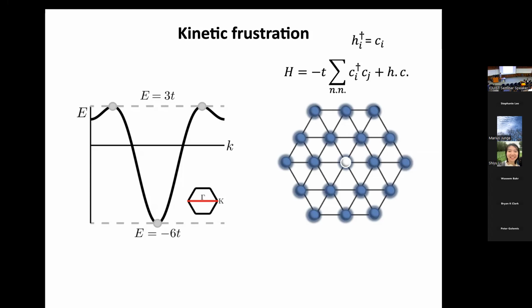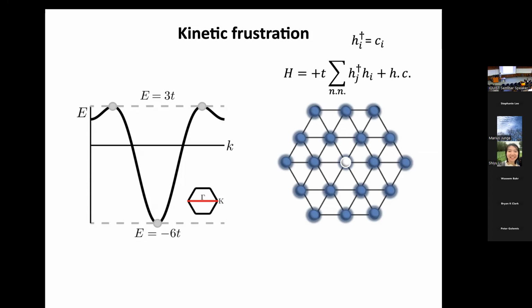There are still no interactions because we only have one spin state in the Hubbard Hamiltonian. But now it's more natural to write this Hamiltonian in terms of hole operators rather than particle operators. So you want to create a hole by destroying a fermion. So C gets replaced by H dagger. Let's do that in this Hamiltonian. And you have to remember, these are fermions, so you want to normal order the operators. You don't want them to appear in this order. You anti-commute them, and that flips the sign.